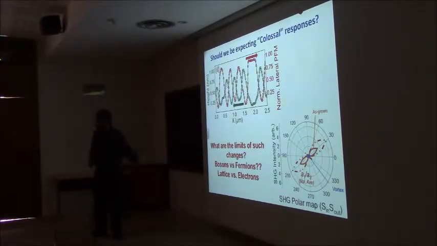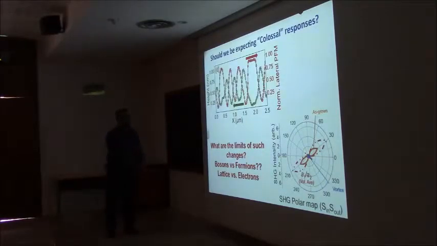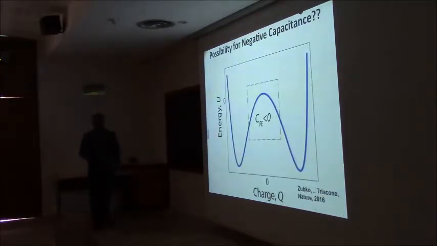So this is speculation. We don't know the answer to that. So is this because we're now dealing essentially with a difference between bosons and fermions, or is it not that fundamental? We don't know. Lattice versus electrons. We don't understand this difference in behavior. We can get huge changes in the piezoelectric response, for example. Okay. All right. We'll finish up by going back to the vortex again.